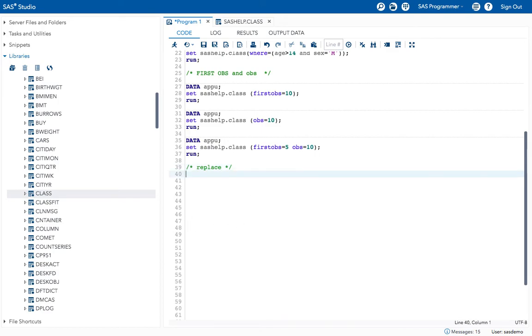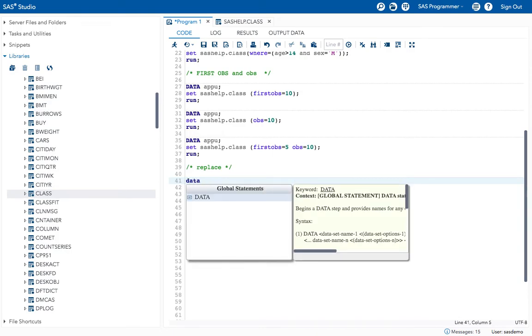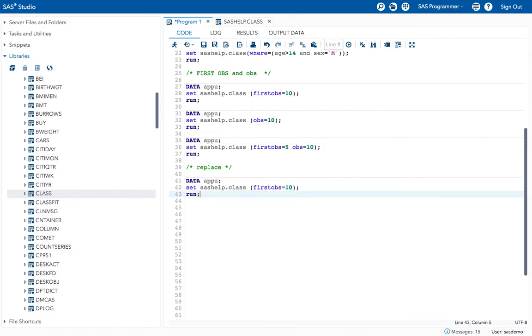So in this replace option, I'll take this off. If I run this program, what will happen?